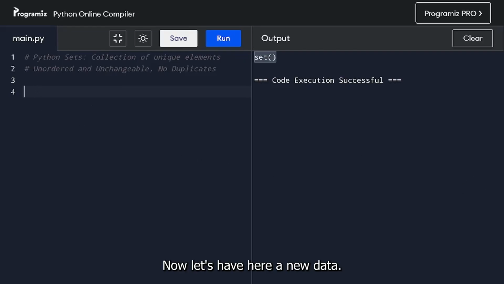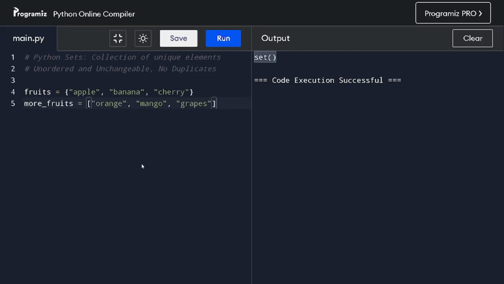Now let's have here a new data. We have here a set of fruits. We have apple, banana, and cherry. And then we have more fruits, which is a list. It contains orange, mango, and grapes. Now, if you want to combine the elements inside of our more fruits list into our fruits set, we can